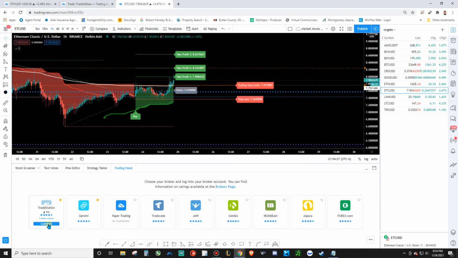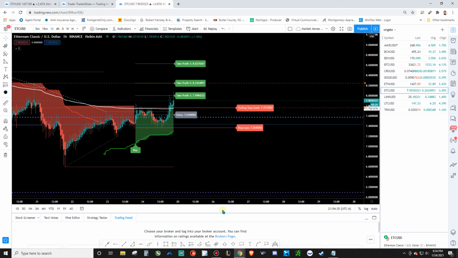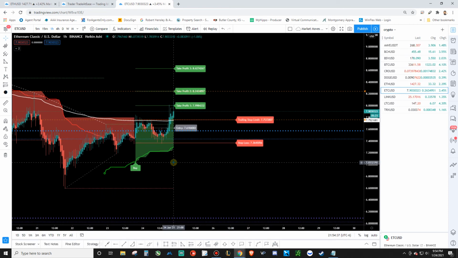So the next thing I'm going to work on, and hopefully have this done this week, is integrating TradeStation, because you can trade crypto and stocks. I'm going to integrate TradeStation into TradingView so that I can trade directly from TradingView. All my orders will be integrated with this algo system. Whenever I enter an order, I'll enter in the stop. I'll enter in my trailing stop loss, which I have to figure out what the percentage is,